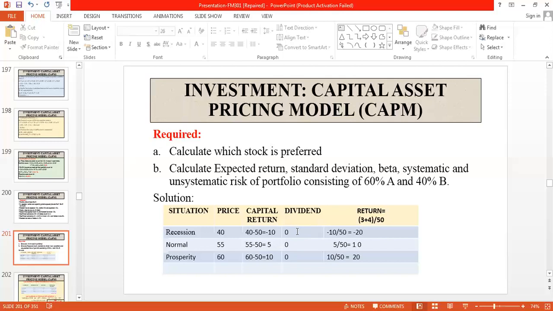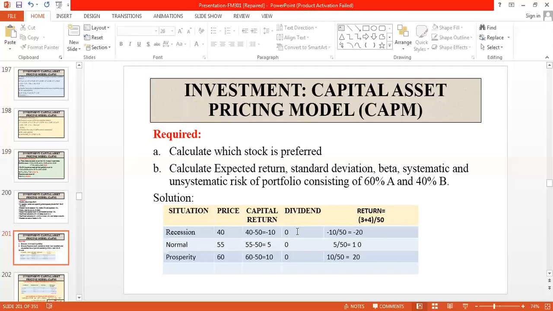The problem has not indicated anything about dividend, so I can assume that stock A will not pay any dividend. So, the return of the stock is column 3 plus column 4. Automatically, we will consider column 3 here only because column 4 is 0. And it will be divided by the amount employed, which is 50 rupees that you have employed for buying share